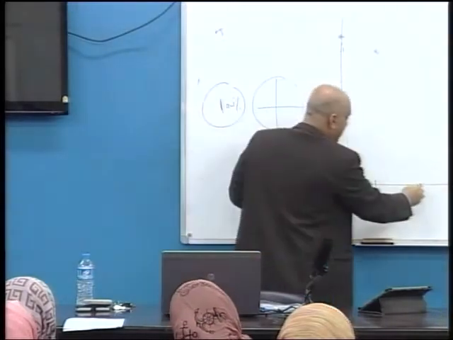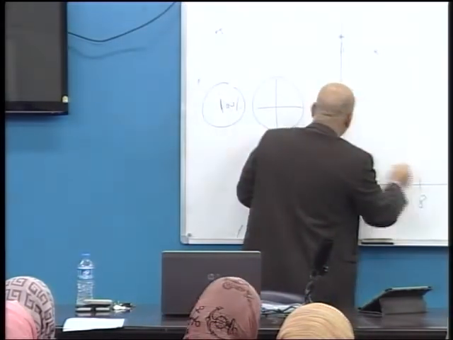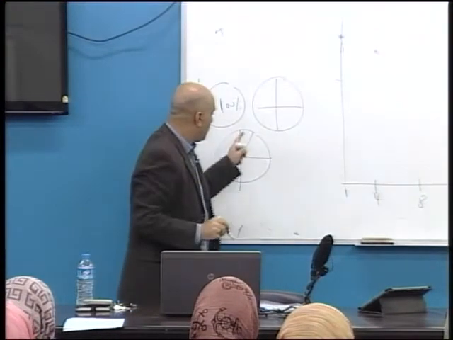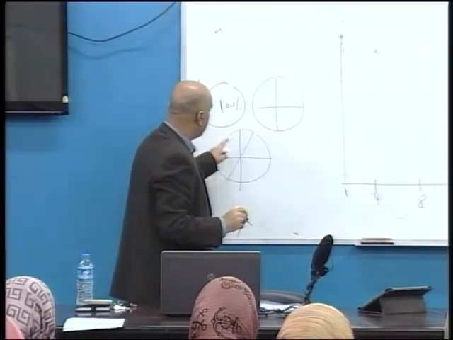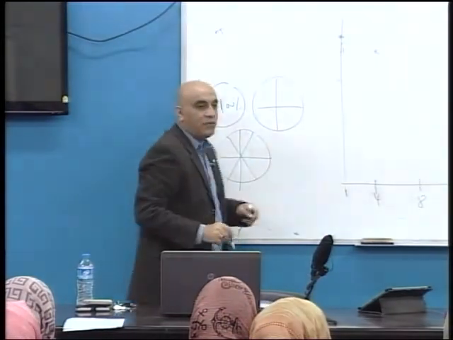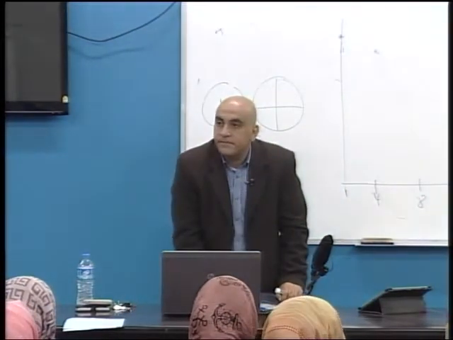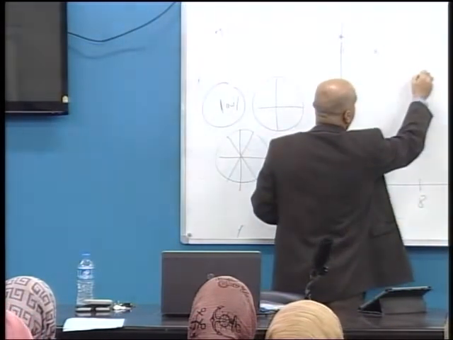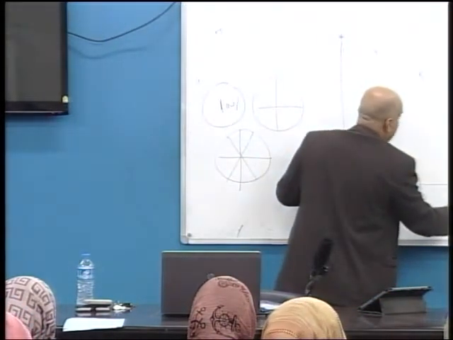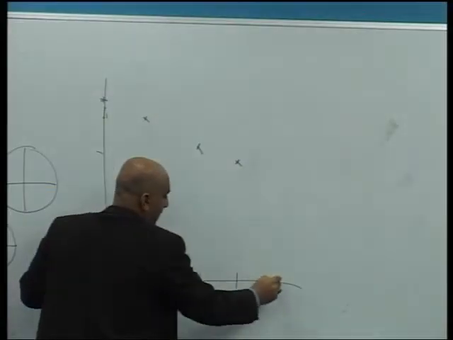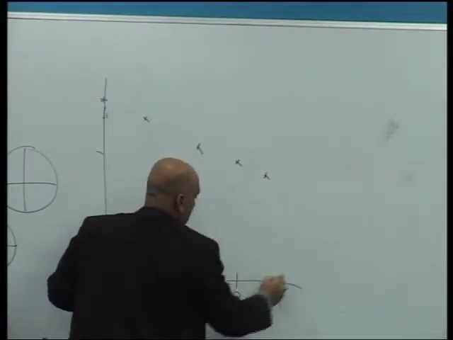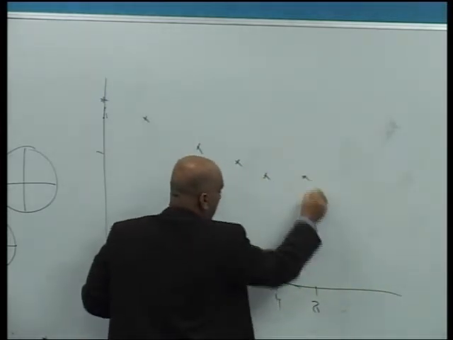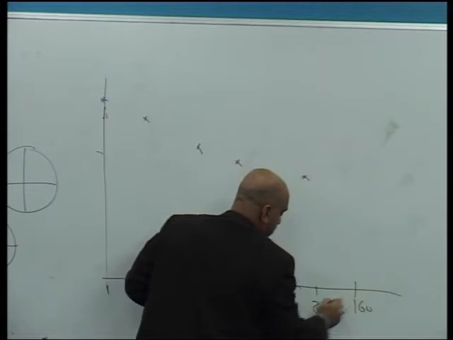But if we add 8 stocks, 1, 2, 3, 4, 5, 6, okay, if we have 8 stocks, it will decrease. If we have 20 stocks, if we have 40, if we have 80, if we have 160,